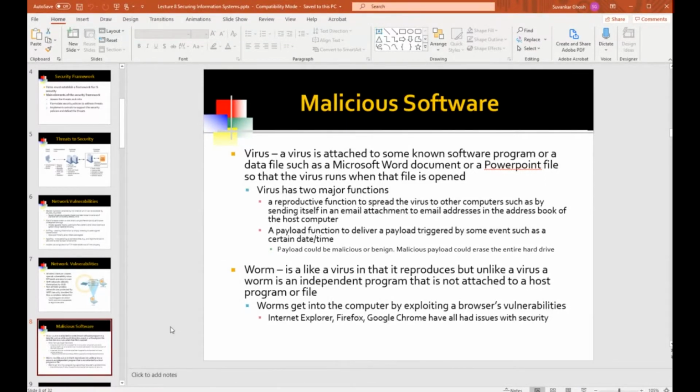People who make these worms, and viruses and Trojans, well, not all of them, but some of them are extremely clever people, and they know that browsers do have vulnerable points in the sandbox. They do have loopholes, and they can exploit the weaknesses of the safe sandbox to get into the PC.